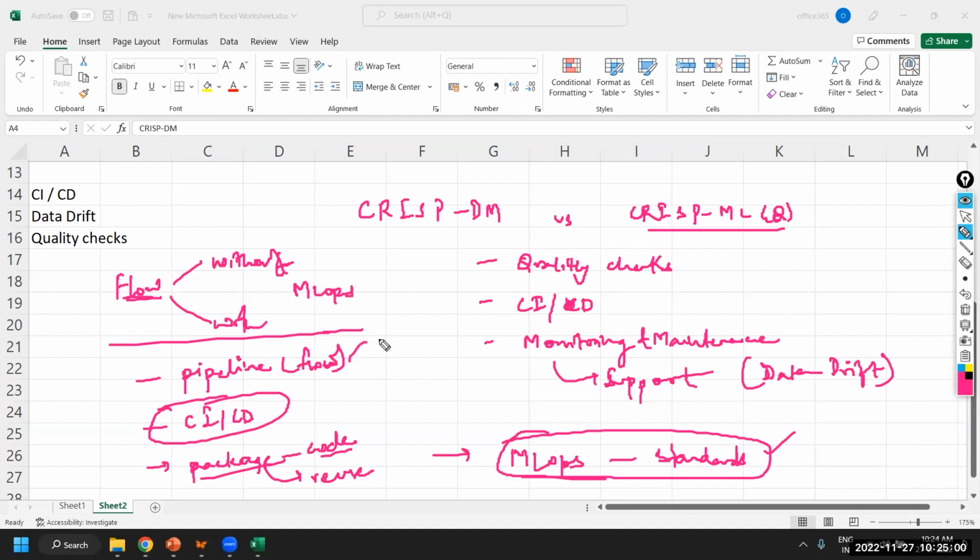Pipeline is nothing but the sequence of steps that we are basically trying to apply on your model development, on your different data. So these are the primary differences that we have looked at, and the keywords that you need to